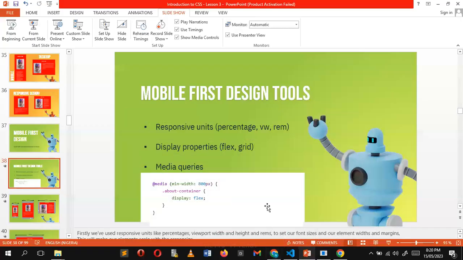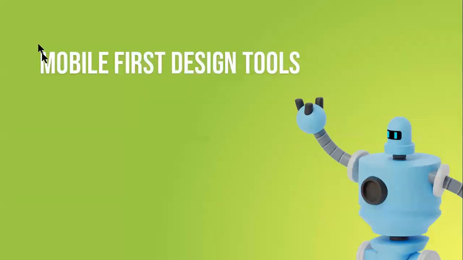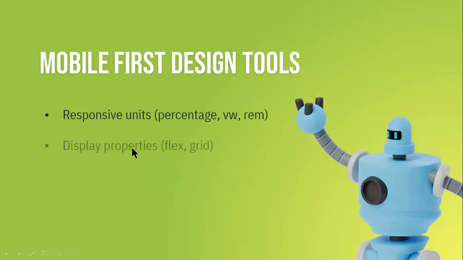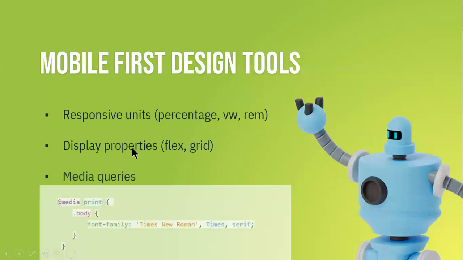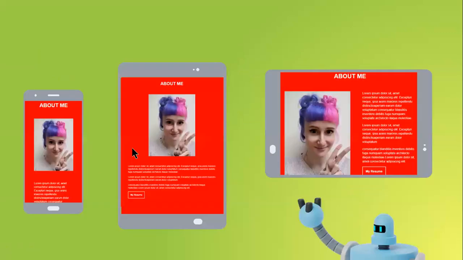And as I was explaining, some responsive design tools: the percentage, viewport, REM, then our display properties, which are flex and grid, then media queries, and then the syntax: at media, and then screen, and the conditional statement, then the curly bracket. And then I went on to show us